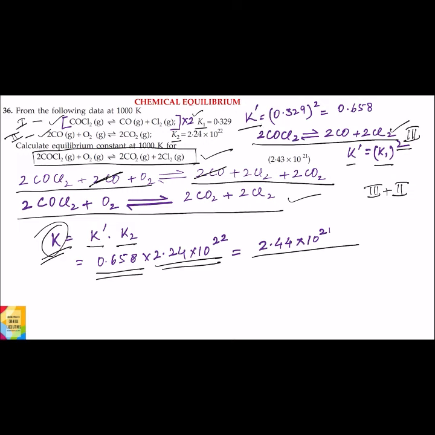K dash is equal to K1 square. The value of K1 is given in the question as 0.329. So K dash is equal to 0.329 whole square, which is equal to 0.658. K dash is the value of the equilibrium constant for equation number 3. K2 is the value of the equilibrium constant for equation 2. So we are adding equation